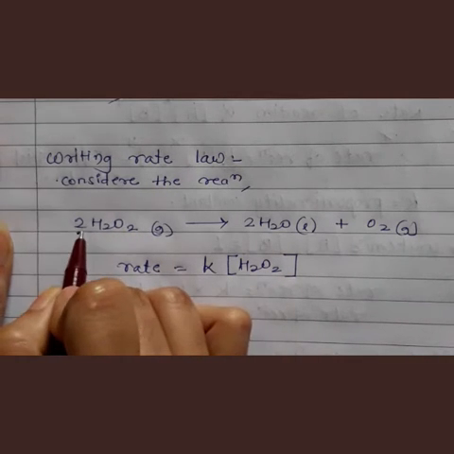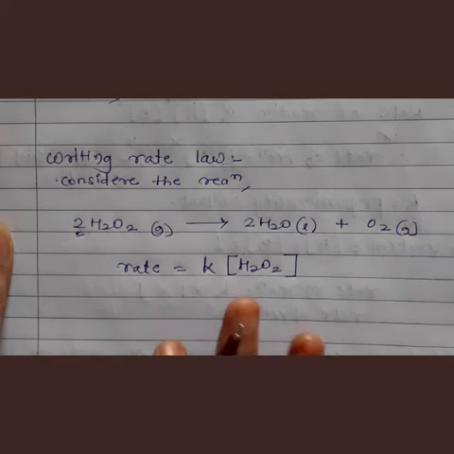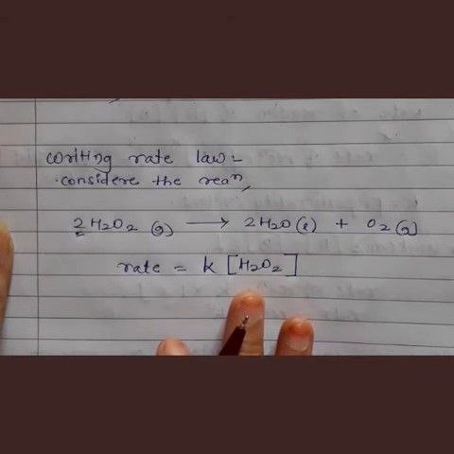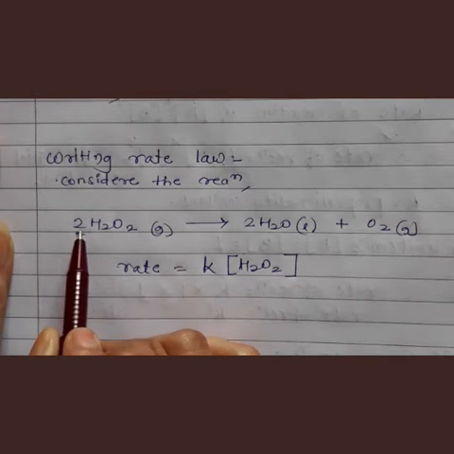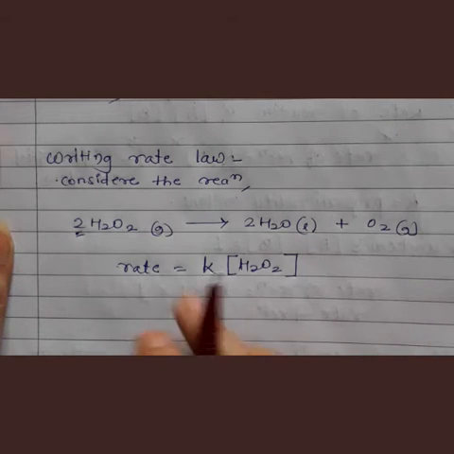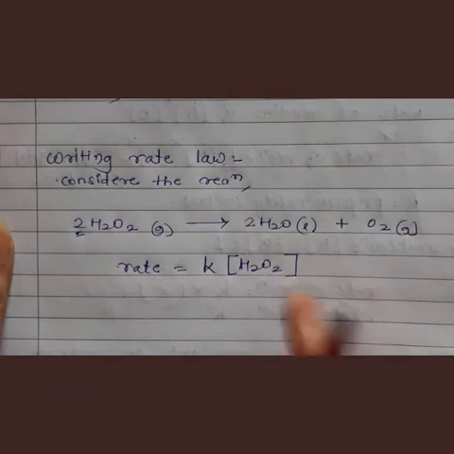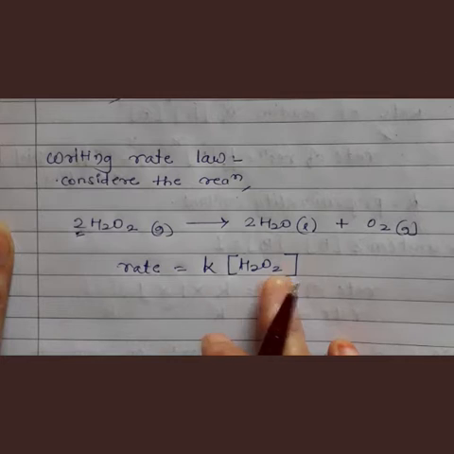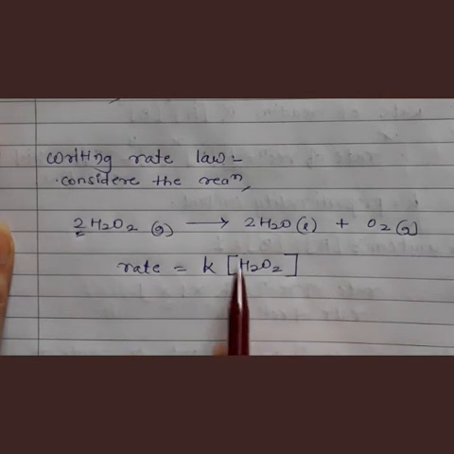Okay, and rate law depends upon the concentration of reactant. It does not depend upon the moles of reactant. It is an experimentally determined value. It has nothing to do with the moles of reactant, 2 moles, 3 moles, 4 moles, nothing we have to mention in rate law. This is an experimentally determined value. Experiment gives us this value. Okay, so rate is equal to K times the concentration of H2O2. In this way we can write the rate of reaction.